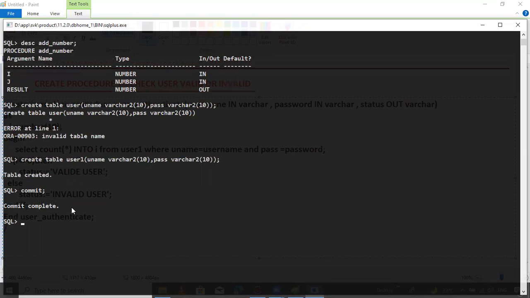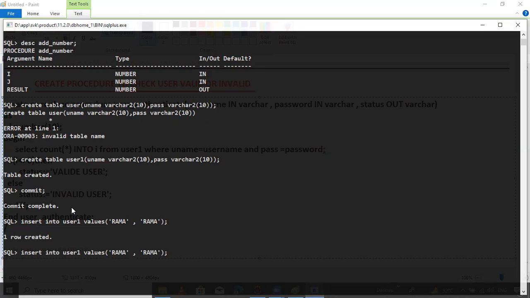Okay. Now insert records. Insert into user one values: username Rama, password Rama, and commit.